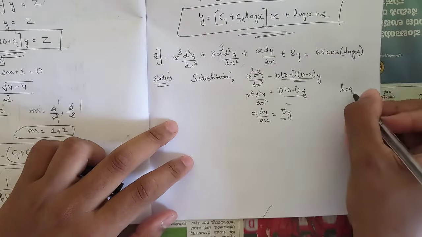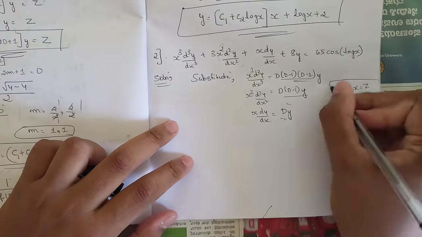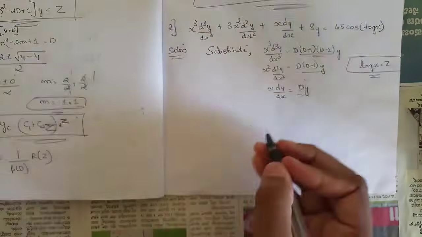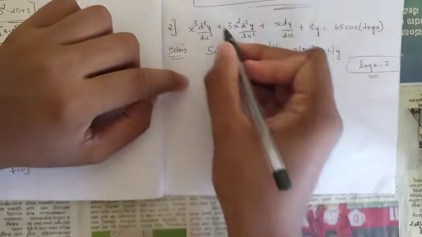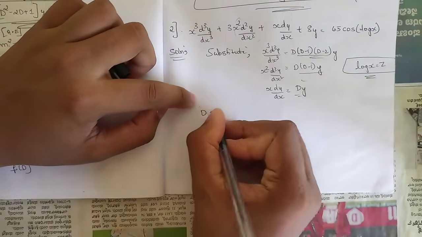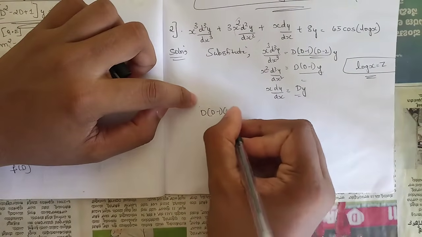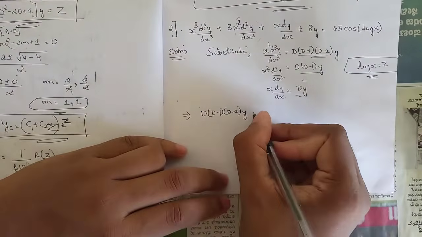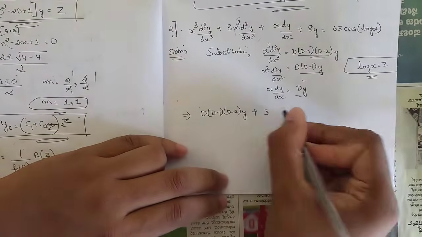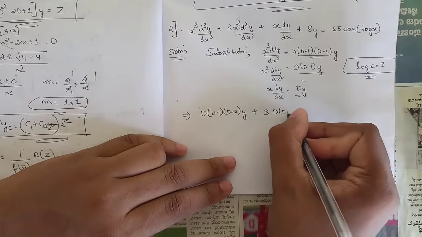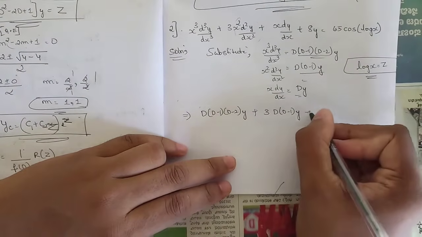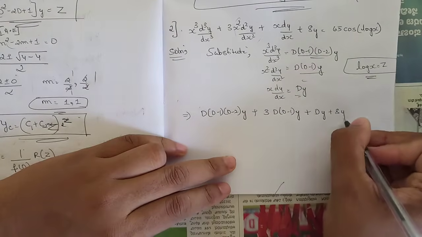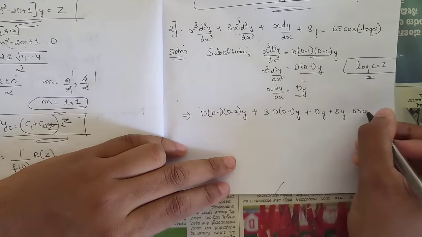So we need to replace log x with z, okay? Now let's solve this. Write the substituted terms: D(D minus 1)(D minus 2) y plus, we have 3, first write 3, along with that D(D minus 1) y plus Dy plus 8y is equal to 65 cos of